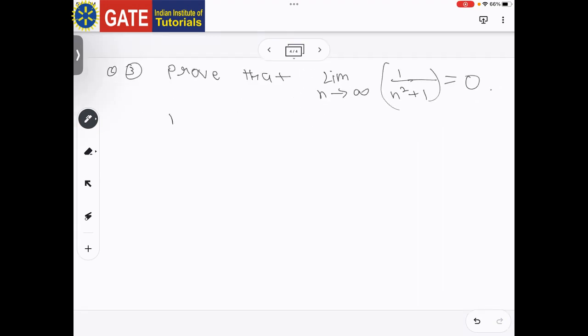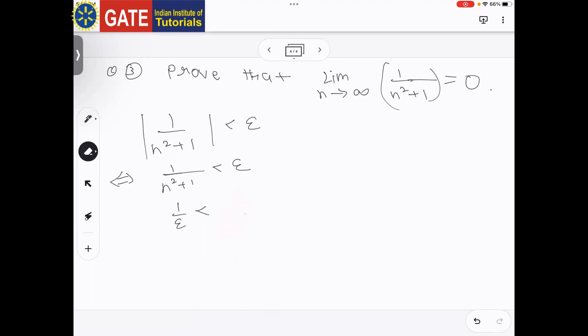So |1 by n square plus 1| is less than epsilon. This is same as n square plus 1 is greater than 1 by epsilon because this is positive. From here, 1 by epsilon is less than n square plus 1. From here,